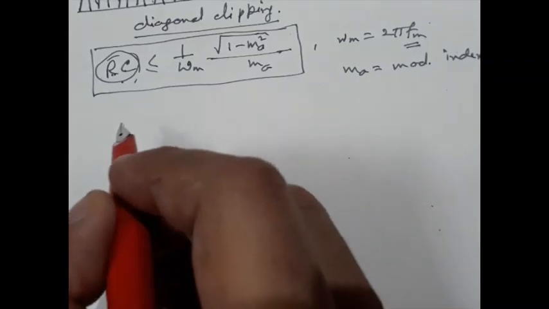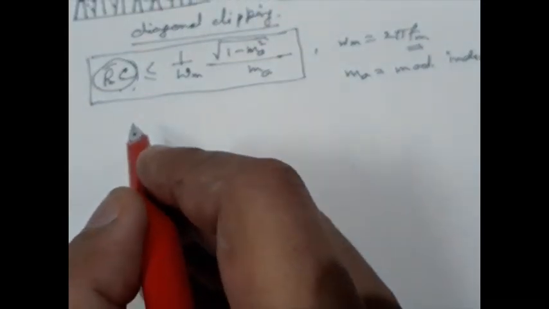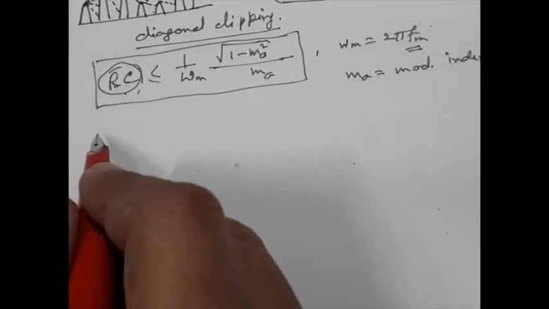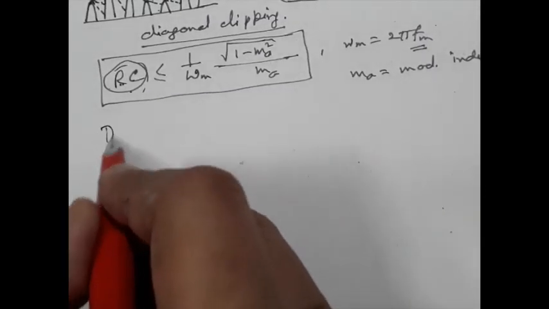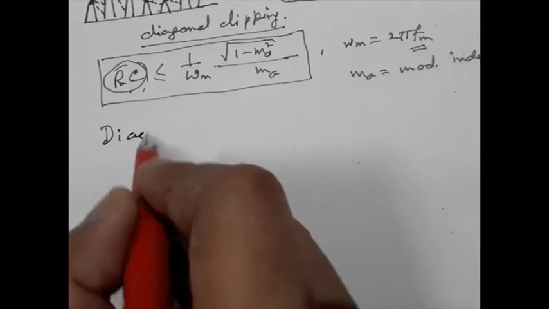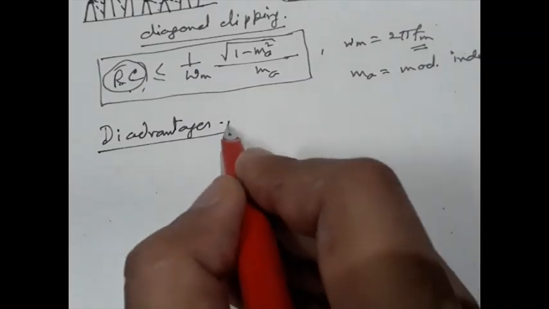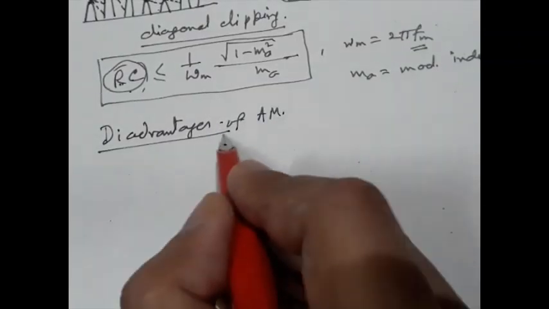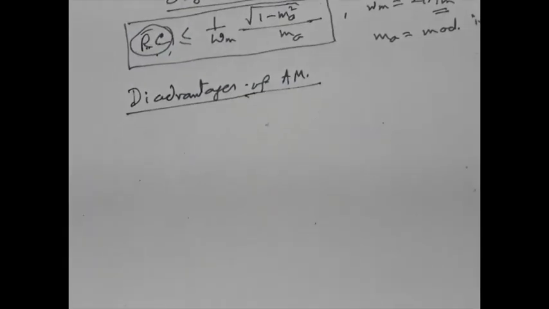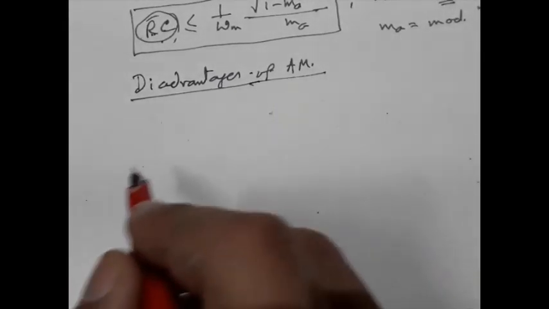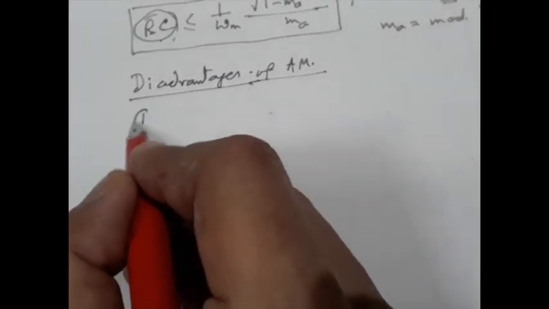But still, if we use synchronous detector, we can demodulate AM. It is not that synchronous detector cannot be used, but from the cost point of view, synchronous detectors are not used. Let us now try to understand the disadvantages of AM. Everything should have some advantages and disadvantages. First disadvantage is the